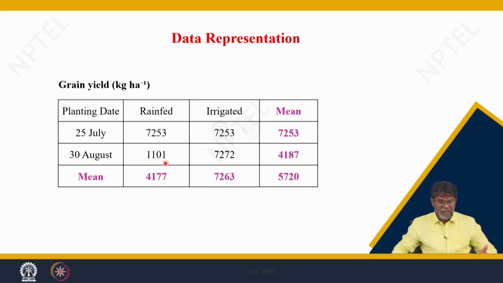If you have the irrigation facility, then the delayed planting on 30 August can give a good yield. But again, if you have an irrigation facility and you plant on 30 August, even though you get a good yield under irrigated conditions, the next crop, the rabi crops, you have to sow on time. If you go for delayed planting, the sowing of the rabi crop will be affected, since you are going by the cropping system, two crops in sequence. So, looking at cropping system management, it is very essential to choose the planting time.